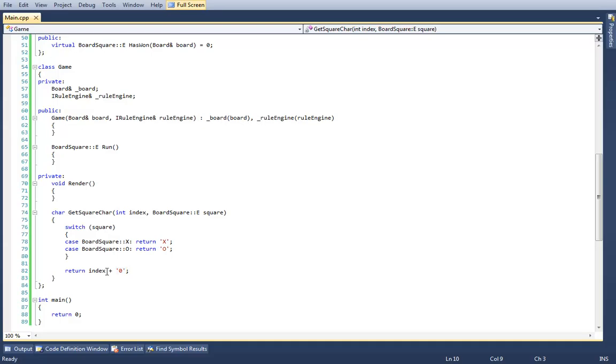So by adding index to the character literal, we put that index value into the range of the ASCII values that represent the digits 0 through 9. Because the ASCII for 0 is 48, I could do index plus 48. And it goes up like that. The ASCII for 1 is 49, and so forth. So essentially, yes, you're doing the sum behind the scenes.